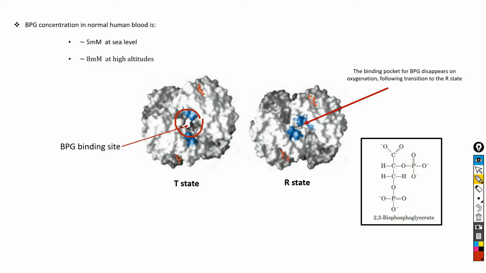But there are 4 molecules of oxygen that bind to each hemoglobin tetramer. The binding of BPG to hemoglobin lowers hemoglobin's affinity for oxygen by stabilizing the T state, and the transition from T state to R state narrows the cavity. As you can see here, this cavity is narrowed down when hemoglobin undergoes transition from T state to R state, and the narrowing of the cavity leads to the exclusion of BPG binding. So in the absence of BPG, hemoglobin is converted to R state more easily.